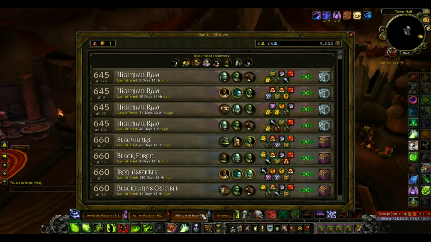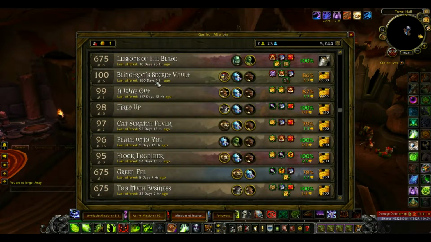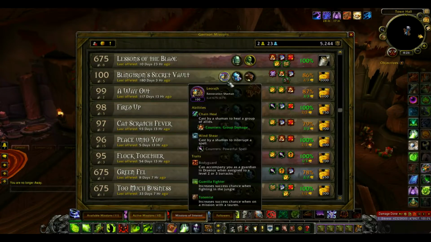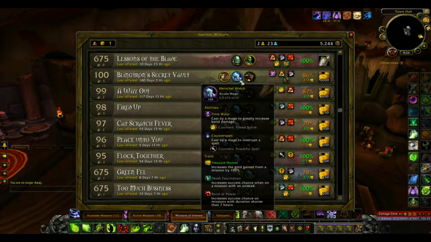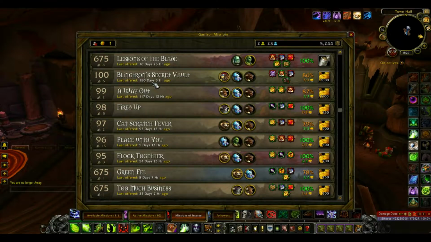So you can go to missions of interest. See here, you'll have these treasure hunter missions like the Blingtron Secret Vault. The way to make killer gold off that, see right here, I have an 86% chance to make 3,000 gold because I have two treasure hunters that would go on that. Well, in some of my other tunes, because I have a total of 10 max level on this server,